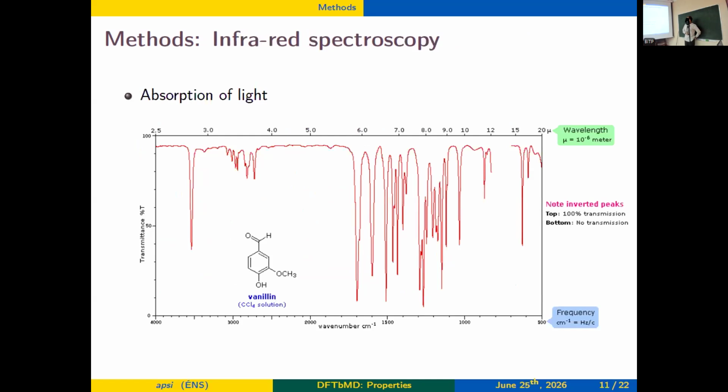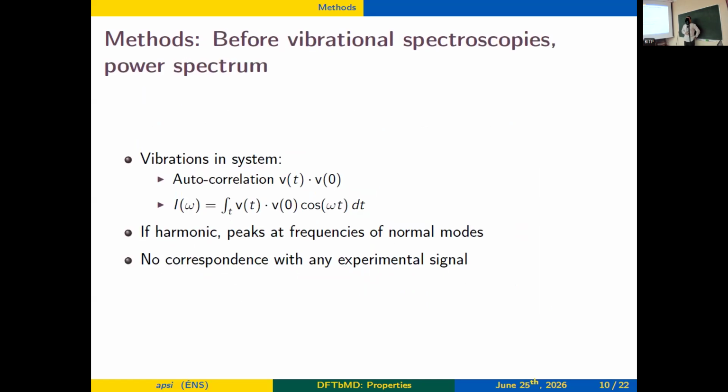Okay, so before I come to real spectroscopies, I just mentioned that the first way to analyze the vibration in these atomic molecular systems is the so-called power spectrum. So it's basically just Fourier transforming the velocity autocorrelation function. And if you have a harmonic system, so the atoms got some single bonds,